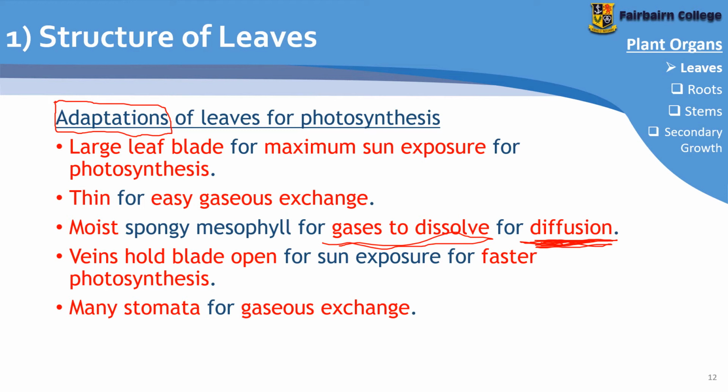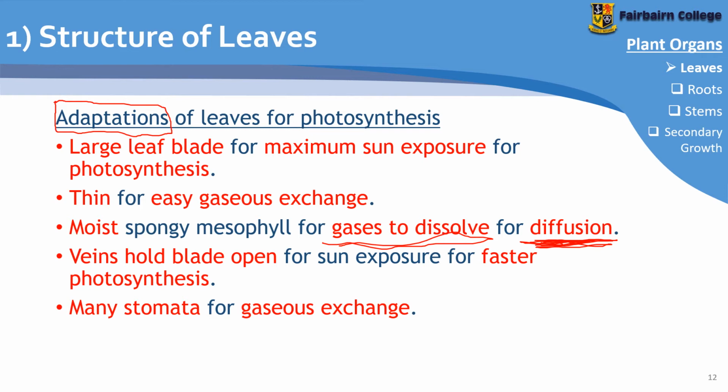So this is something that will come up quite often. And then the veins: the fact that the veins spread out all throughout the leaf almost makes them like a skeleton for the leaf. Not quite, but it does provide the rigidity that allows the leaf to stay open, so that it is exposed to the sun for long periods of time, with the maximum surface exposed to the sun,